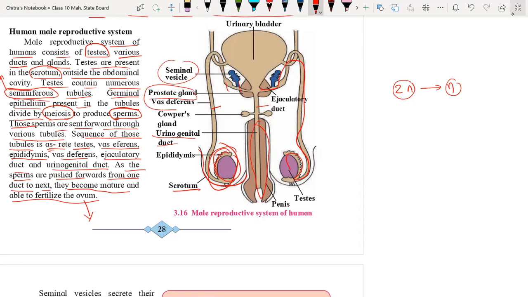Here we have the vas deferens, and here we have the corpus gland. They also secrete a mucus-like substance which provides lubricant and an environment so that sperm cells will not die generally. Okay, so they provide the ideal medium for the transportation or the movement of sperm cells. Okay, everyone, so this is all about the structure of the male reproductive system.